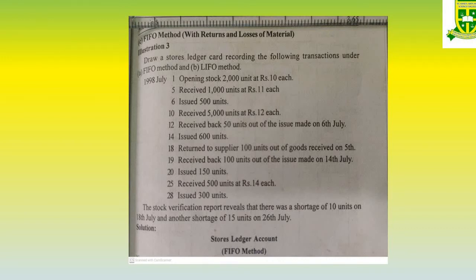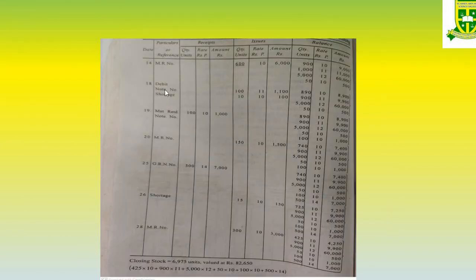So what are we going to do? Return to the outside person. How much are we issuing back? 100. The 1,000 units have been issued at 11 each. That is the entry given on 5th. So on 1,000 units they are returning back only 100. What is the cost of it? 11. Since it is returning back, the debit note number.